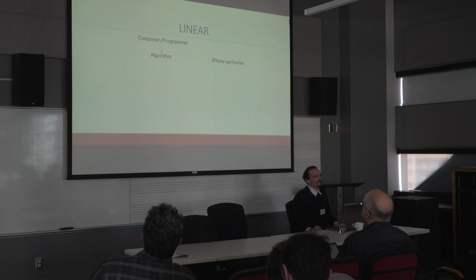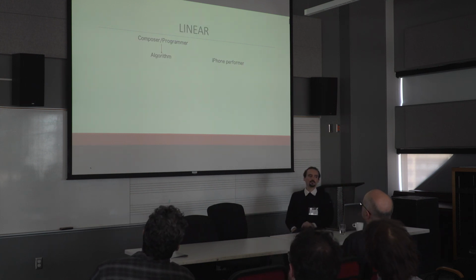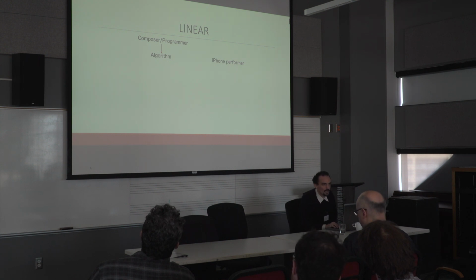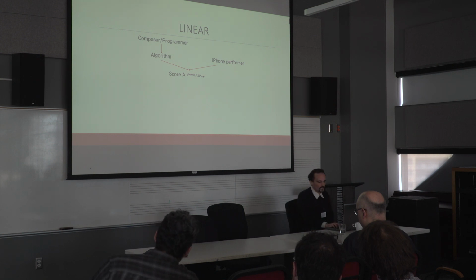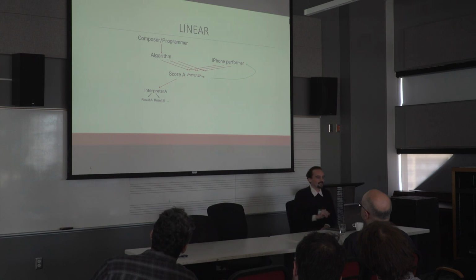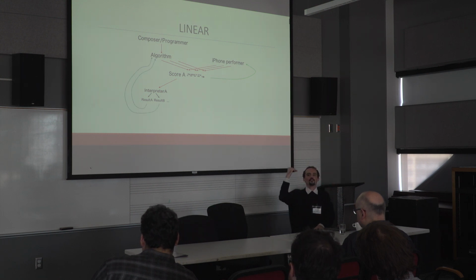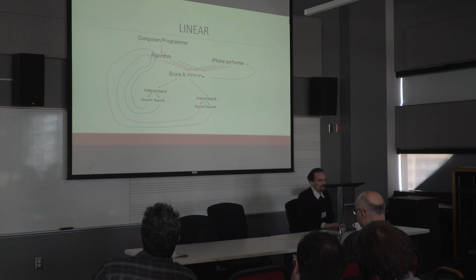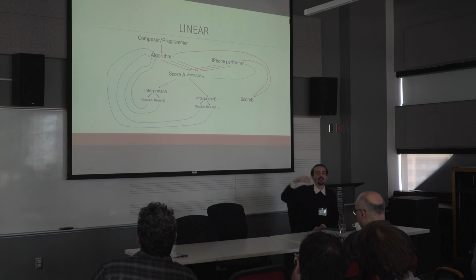Anyway. Now, in linear, we have the composer programmer who does the algorithm. And then there is the iPhone performer who uses the algorithm on his iPhone. The interaction creates score A, let's say. Score A develops in time, and as we saw, it is a gestural notation for the iPhone performer. It springs back to its creator. But then there are also different instrumentalists who read this and give different results. Each result can be recorded and can feed back into the algorithm itself. Then we have interpreter B, and that can be the same, and then we have score B.